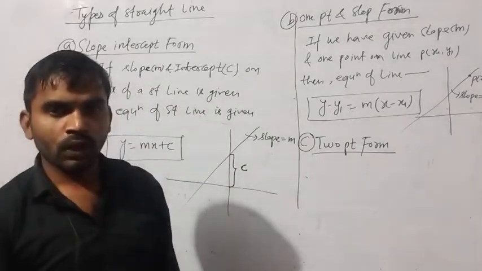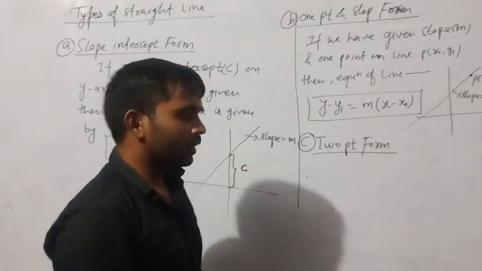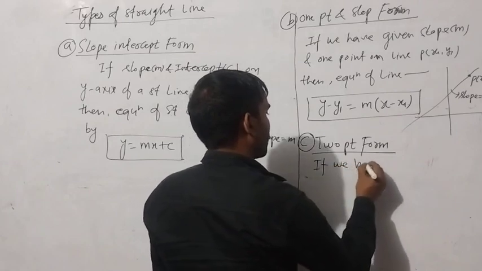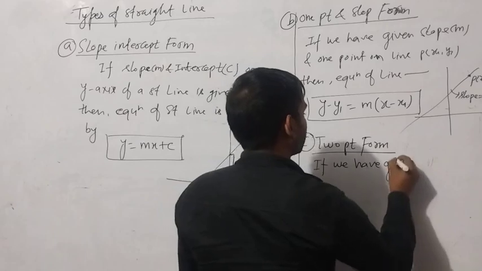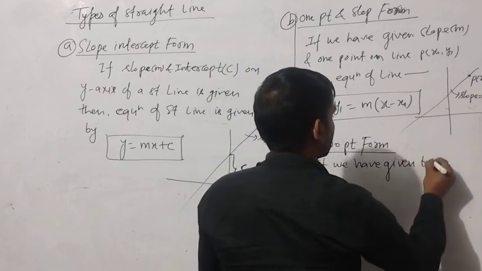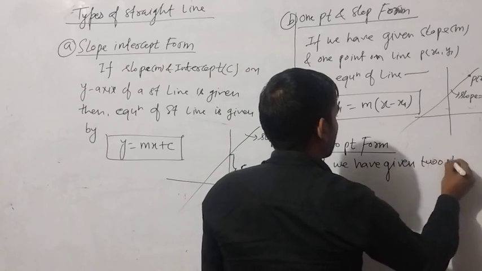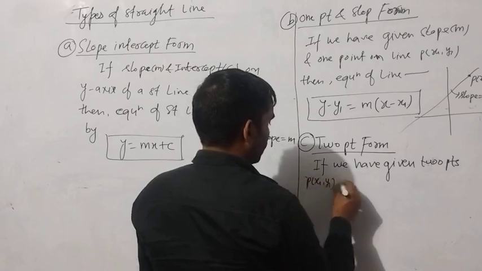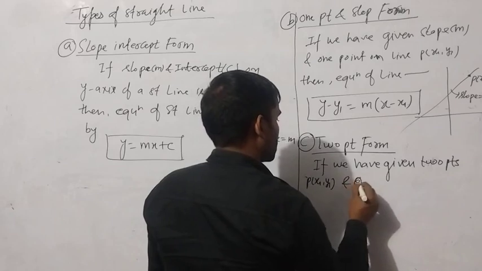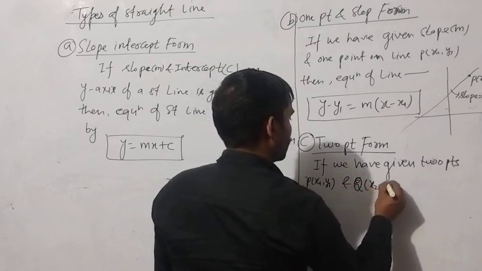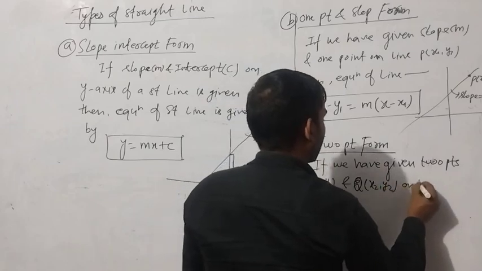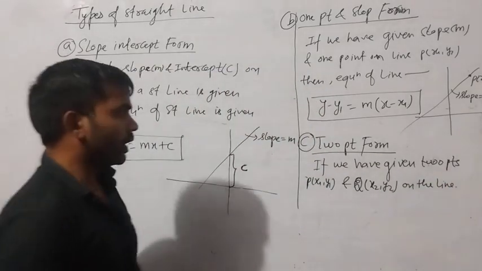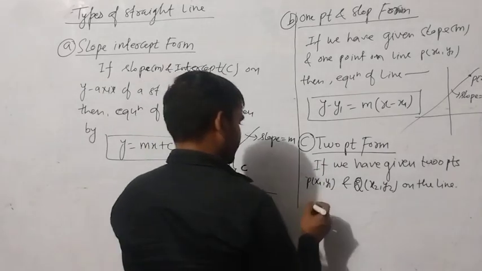If we have been given 2 points P (x1, y1) and Q (x2, y2) on the line, then